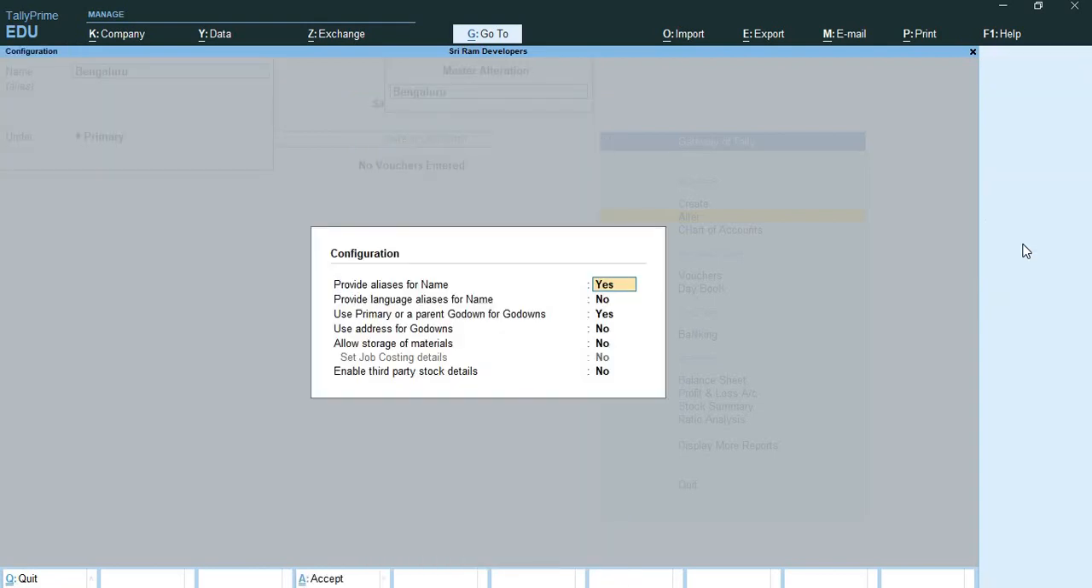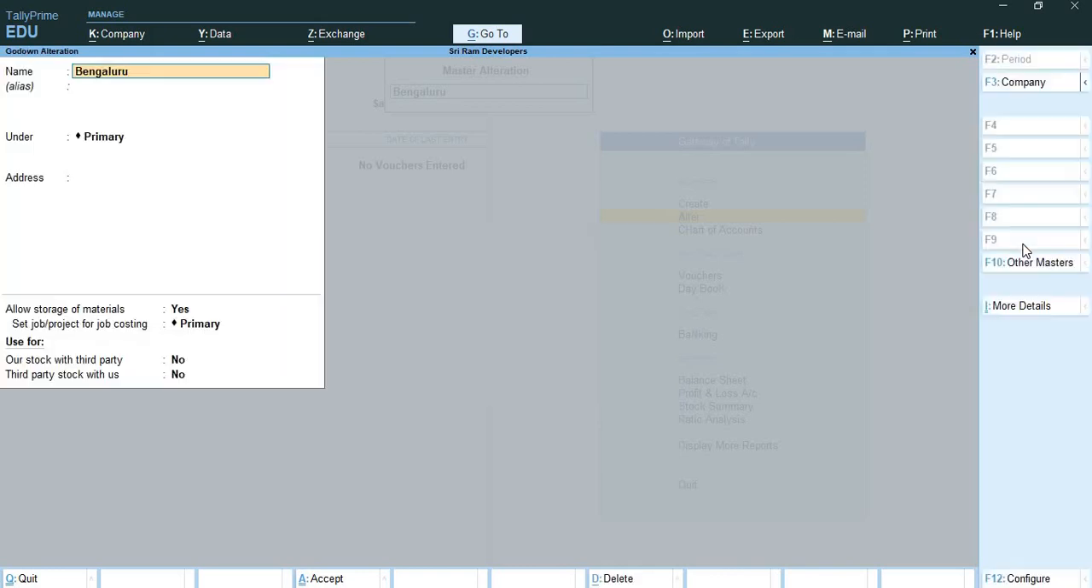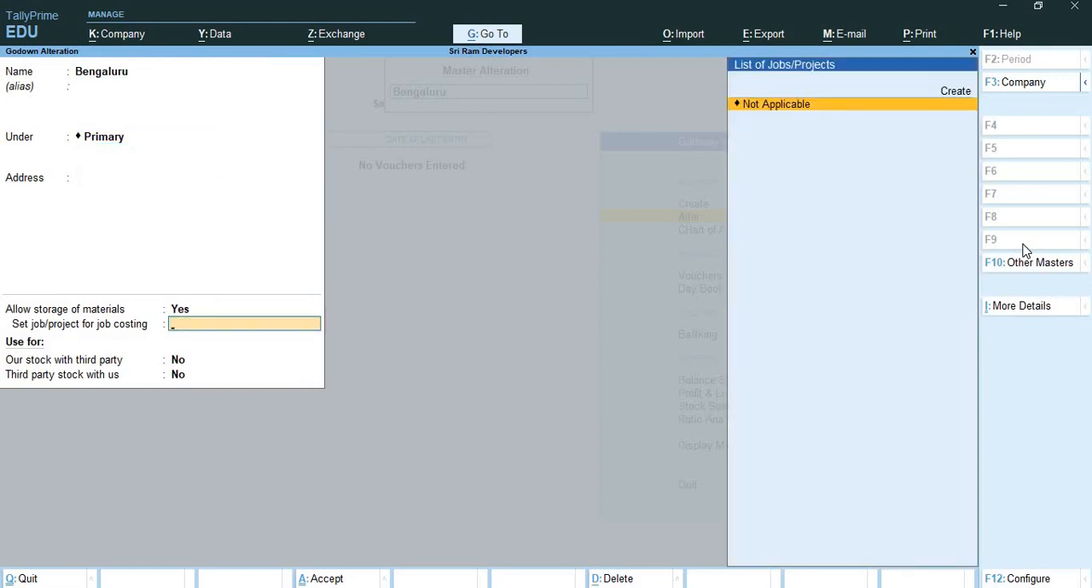Press F12. I'll enable this option, use address for godowns, and allow storage of materials, enable third party stock, and also I will enable set job costing details. Here under primary and under set and alter, set job and project for job costing, I'll add my